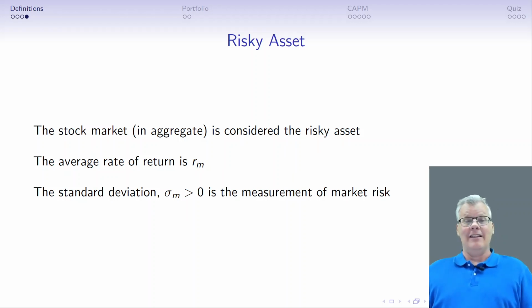The risky asset is considered the stock market in aggregate. And suppose that the average expected rate of return for the stock market is some value R sub m. I'm going to make reference to this book later in the lecture, but back in the 80s and 90s, the classic do-it-yourself investor book was called A Random Walk Down Wall Street, and it was written by this finance professor whose name was Burton Malkiel. And so Burton Malkiel